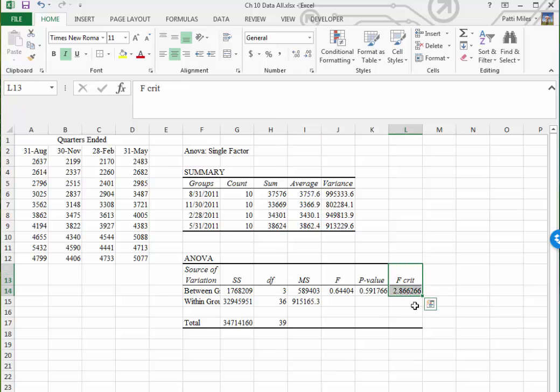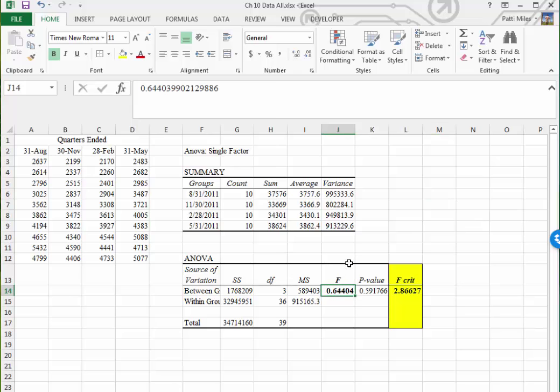So we've got this F critical value right here of 2.866. Now that is not going to be a clear, oh, absolutely, we're going to be able to reject the null, because that's cutting it a little closer there. So we've got this critical value here of, we need our F to be at least 2.86. That's the F critical value that Excel so graciously looked up for us. But our F value is only 0.64. So it looks to me like in this problem we will not be able to reject the null